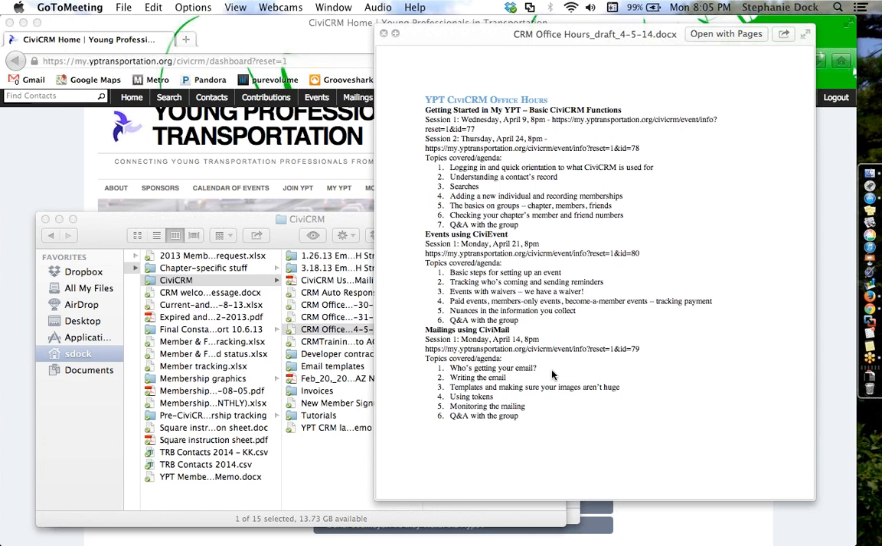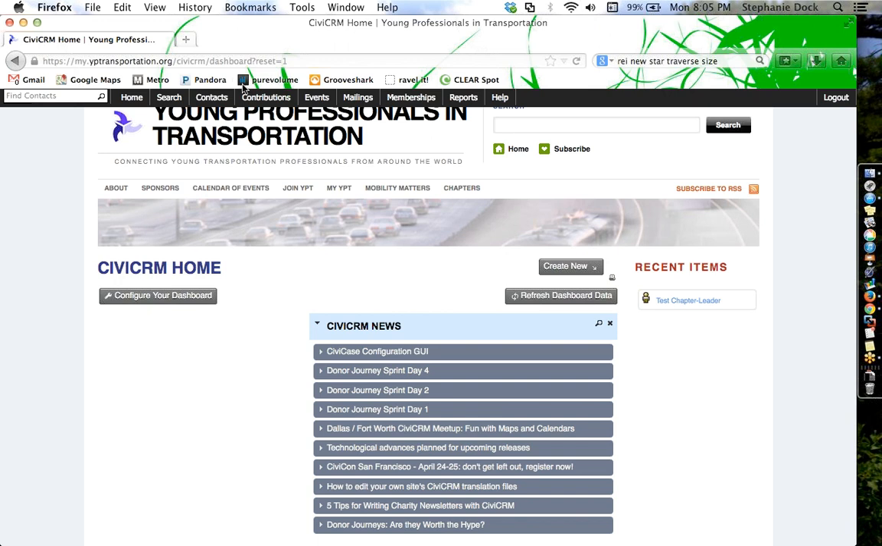Start with who's getting your email, then about writing the email, the issue with templates and making sure that your images aren't huge, using tokens, then the monitoring of the mailing, which is the report that you can do, and then we'll open it up for Q&A, which can be about anything. So to begin,